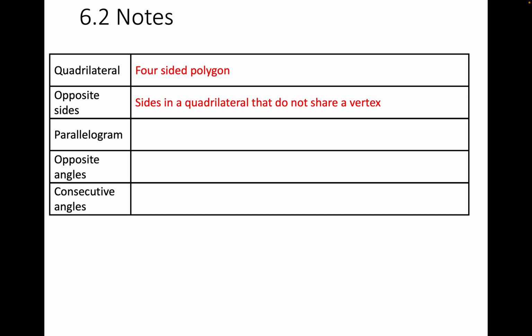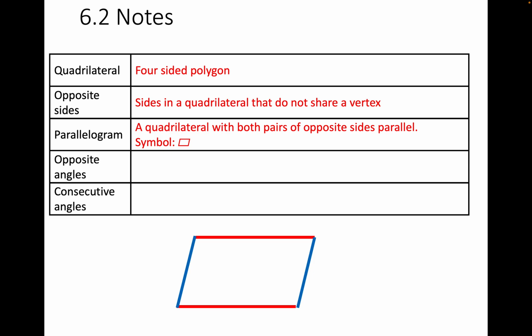The opposite sides are the sides in a quadrilateral that do not share a vertex. Here is a quadrilateral, and these two red sides are opposite sides. They're opposite each other, they don't share a vertex, they're across from each other. These blue sides are also opposite sides, they don't share a vertex. A parallelogram is a quadrilateral with both pairs of opposite sides parallel,